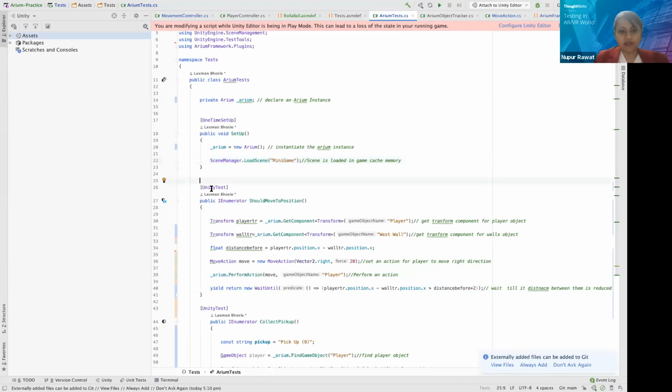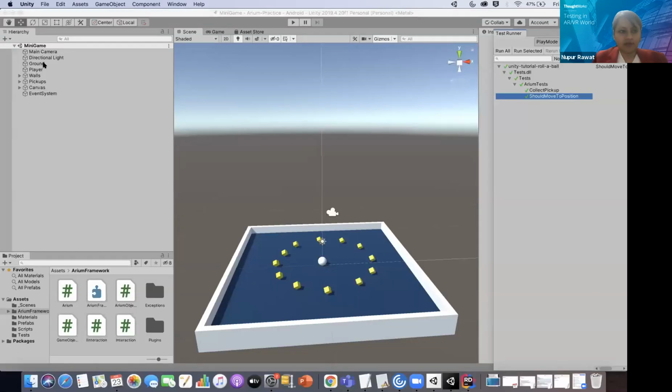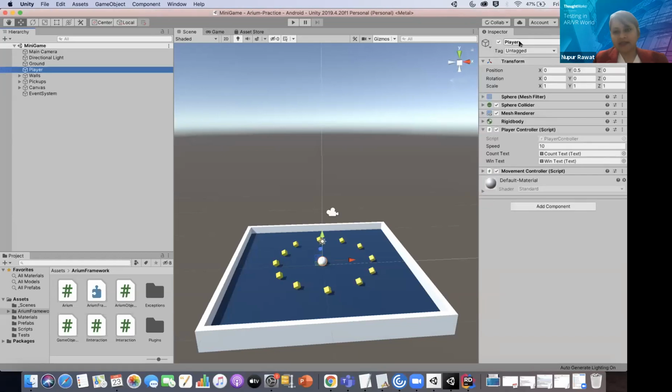Now comes the actual test. The first test was should move to position, like the ball should be able to move to the position where the user is commanding it to. So what we do is arium dot get component transform property of the player object. I have already explained that this is a player object. And how do we identify the player object? We identify it because our scene has its name as player, and these are the transform properties of the player object.